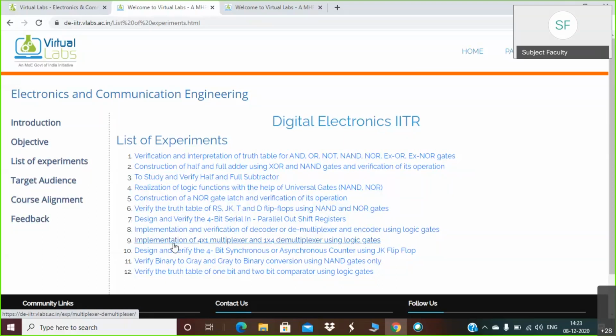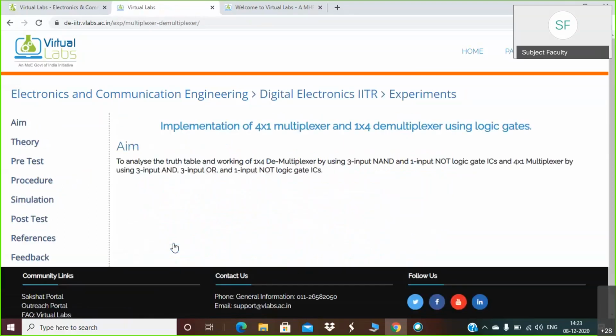When you click on experiment number 9, a window will appear, and its objective is implementation of 4:1 multiplexer and 1:4 demultiplexer. We already know multiplexer is known as data selector and demultiplexer is nothing but data distributor. There are different tabs already mentioned here: AIM, theory.